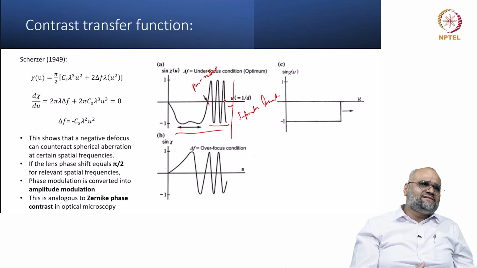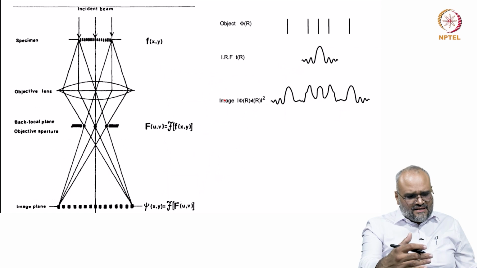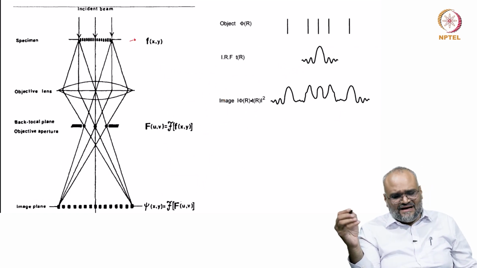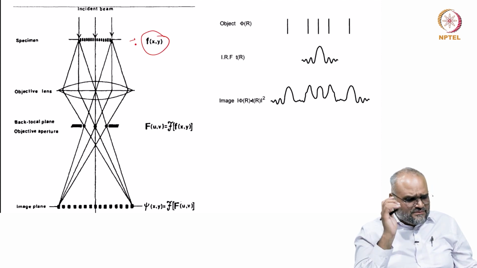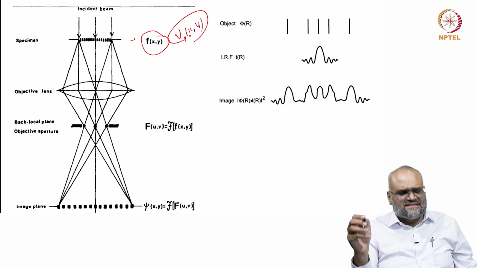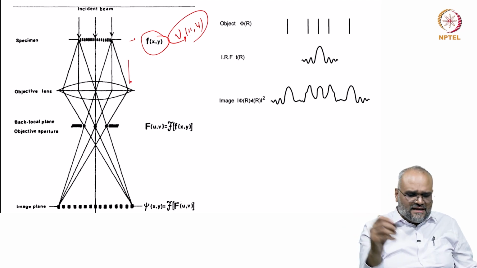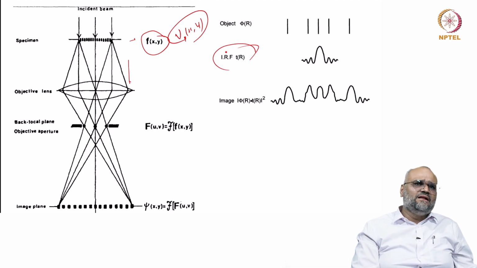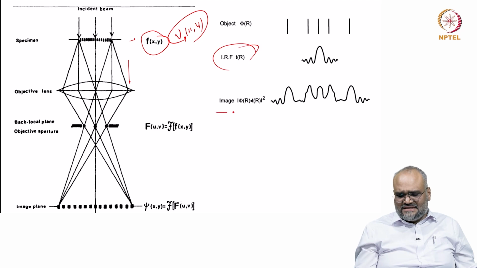So, if I summarize all of these and bridge them together, if I look at the imaging system in a transmission electron microscope, the specimen itself has a projected potential, and when the electron beam goes through this, inherently you are introducing a phase shift due to the projected potential, and when this is now modulated by the impulse response function of the microscope system, and if I record the information, what I record in an image is a convolution between the